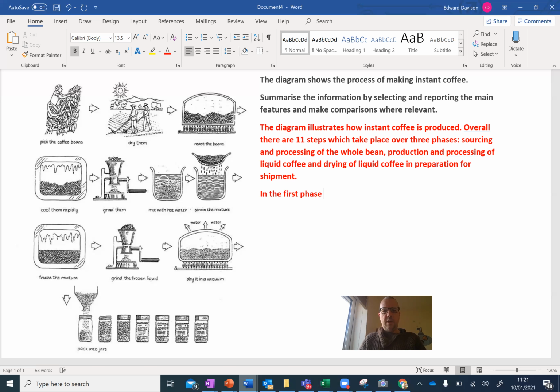in the first phase of production, raw coffee beans are picked and dried. I'm using the present simple passive there. Now I'm going to show off another use of the passive following a preposition. Before is a preposition, so if I use a verb afterwards, I'm going to use it in the ing form. So before being roasted,